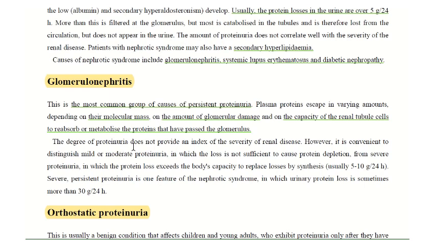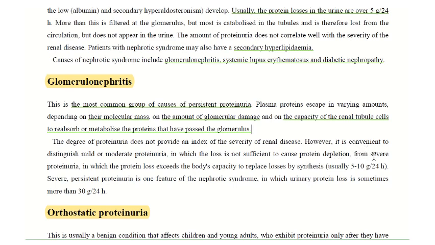The degree of proteinuria does not provide an index of the severity of renal disease. However, it is convenient to distinguish mild or moderate proteinuria اللي بيها in which the loss is not sufficient to cause protein depletion